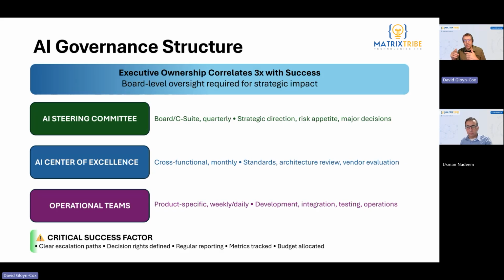And then your operational team: once the Center of Excellence has decided, right, we're going to build out this particular use case, they scope out what they need and pass it to an operational team who will actually do the development and prove it. They'll have the metrics they want to measure. It's a very iterative process.